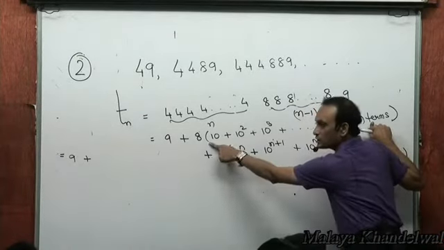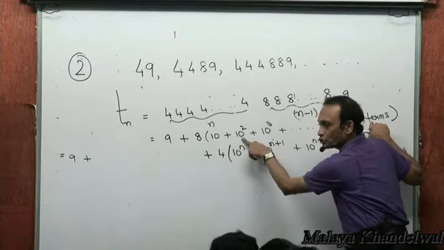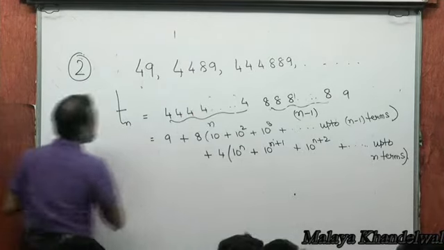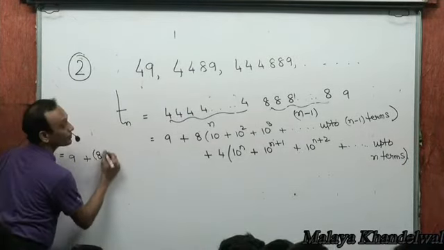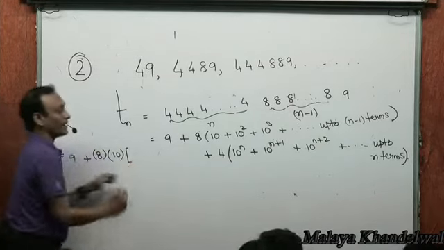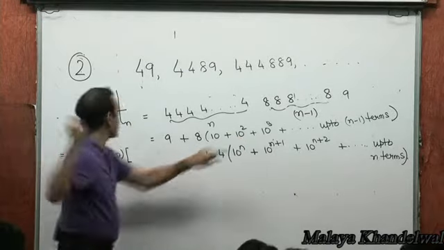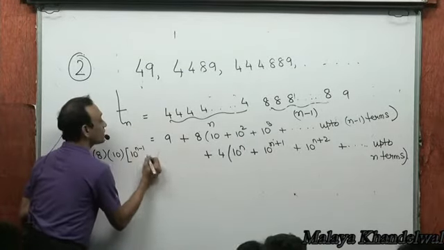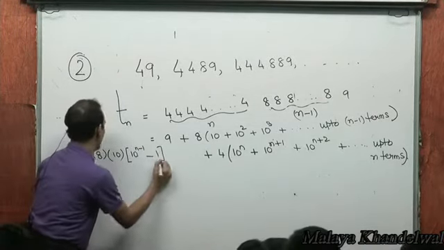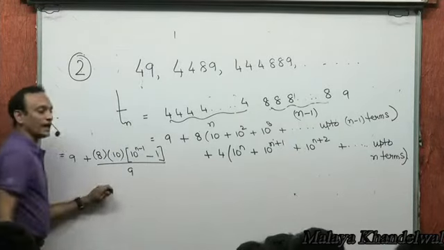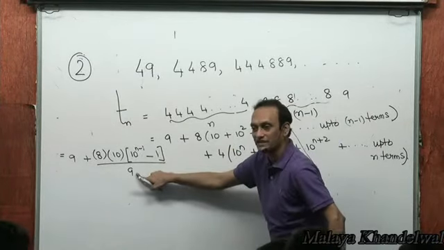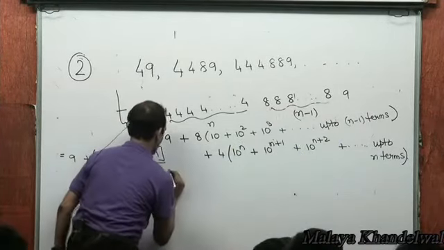This is a GP series with first term 10, common ratio 10, number of terms n minus 1, right? So sum of n minus 1 terms, a, which is first term, into r to power n, 10 to power n minus 1, minus 1, divided by 10 minus 1, which is 9. Sum of this GP series is a into r to power number of terms, minus 1 by r minus 1, right? And then plus